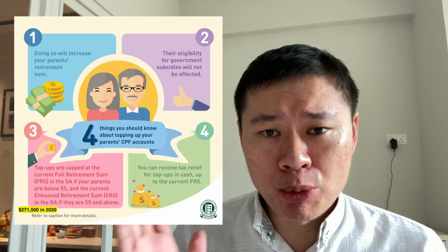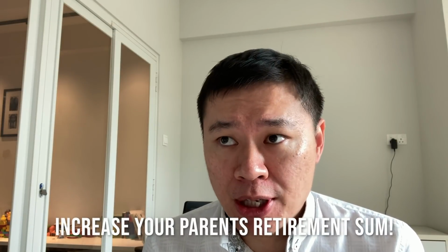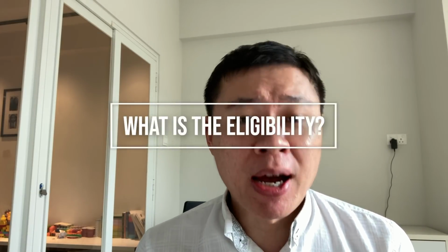Now this infographic really sums up quite a few things. In doing so, you actually increase your parents' retirement sum. And the most important part is whatever you have contributed does not affect any government subsidies that they are already entitled to. So now your question is, are you eligible to contribute to your parents' retirement account? The key answer is let's go and find out whether they have the full enhanced retirement sum within